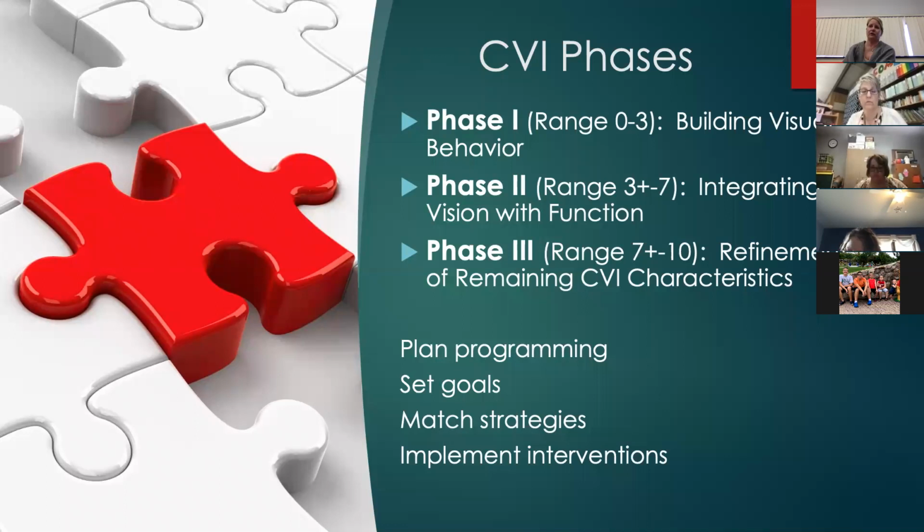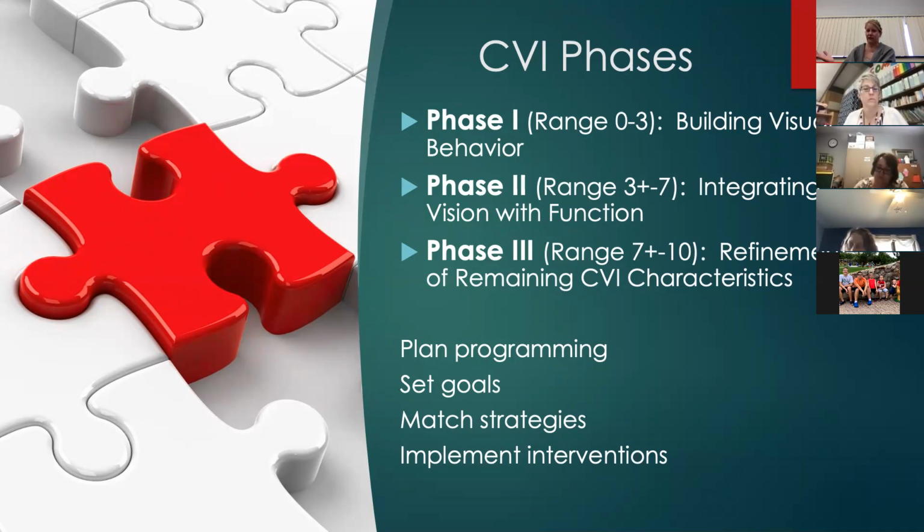All right, so when those scores are added up, they're put into phases. Remember when I talked about the range being from 0 to 10? This is how it's then organized. Range 0 to 3 is your base. That's the lowest functioning. That's called building visual behavior. You're just starting to teach visual behavior. Now, again, we don't get a lot of some of these kids in our school because maybe they're at the